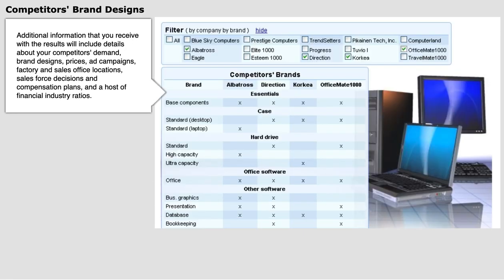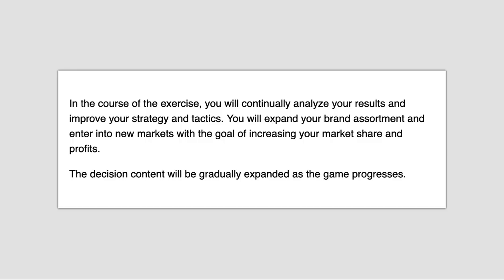Additional information that you receive with the results will include details about your competitors' demand, brand designs, and their reliability, prices, ad campaigns, factory and sales office locations, sales force and web support decisions, workers' compensation plans, and a host of financial industry ratios. In the course of the exercise, you will continually analyze your results and improve your strategy